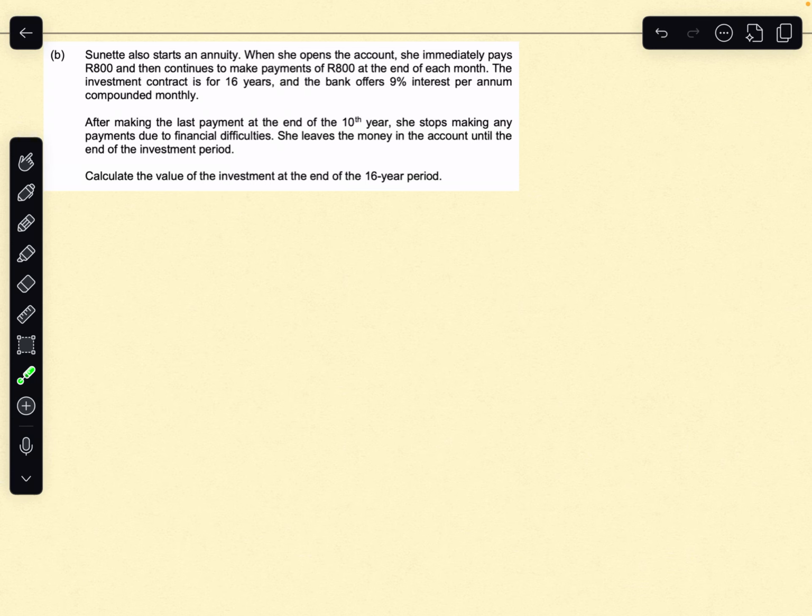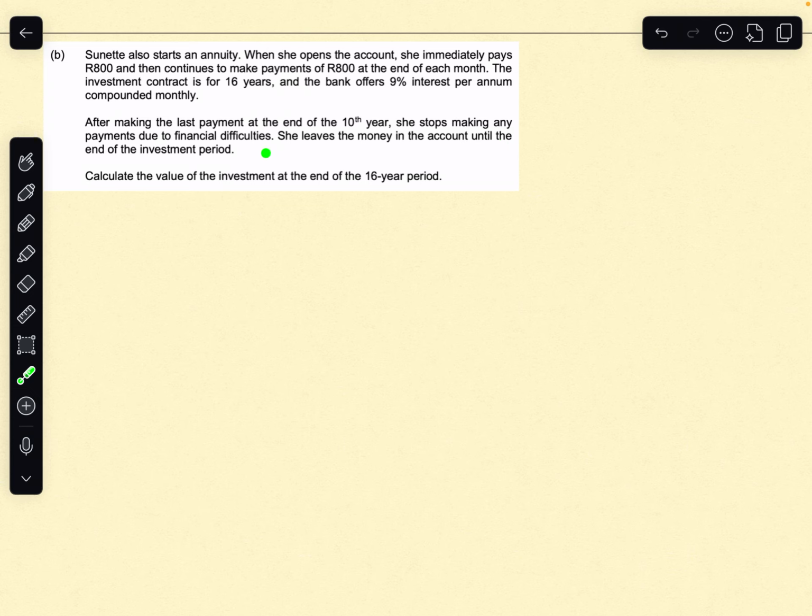So that's good. We know that for our future value formula, the regularity of the payments, so how often she's making payments, should match how often interest is being calculated. Otherwise, we would need to tweak the interest rate to match how regularly she's making her contributions. So if she was making them semi-annually, then we'd have to calculate the effective interest rate for compounding semi-annually, and then anyway, so after making the last payment at the end of the 10th year,